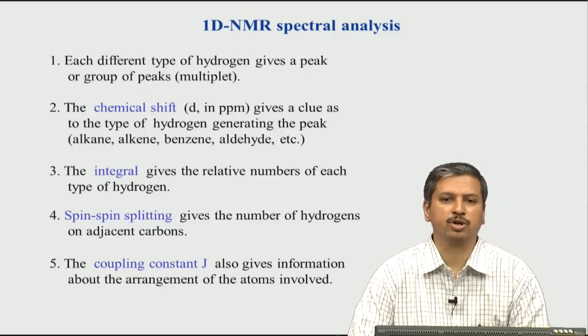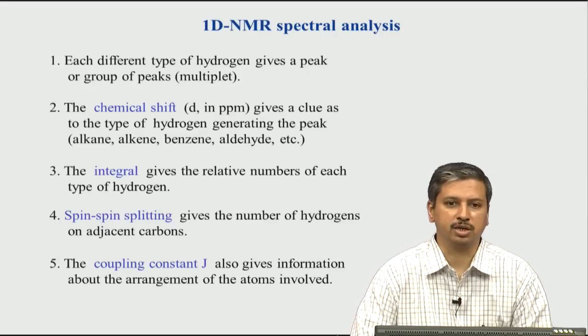The next very important parameter for NMR is the integral, that is, the area of the peak. If you recollect, we mentioned a few classes back that the area of the peak is directly related to the number of hydrogen atoms, or protons, giving rise to that peak. Therefore, the integral is very useful if you want to quantify, to measure the number of hydrogens. Another useful parameter is called spin-spin splitting,